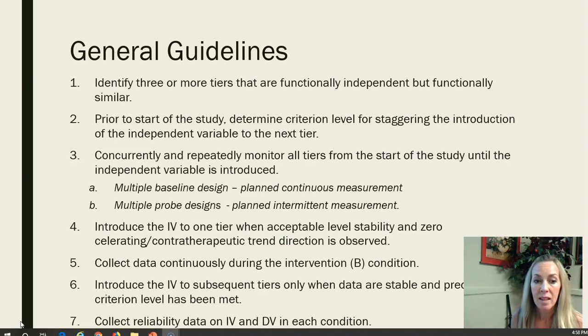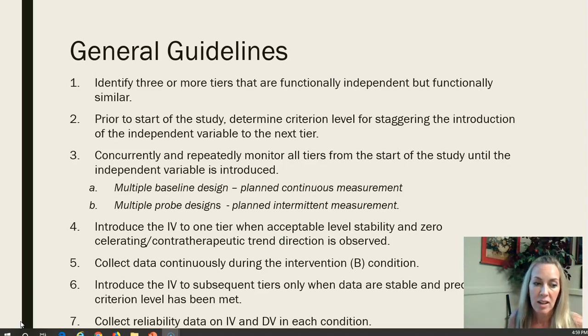Remember, in a multiple baseline design, we have planned continuous data collection during the baseline condition every session on all 3 tiers. In a multiple probe design, we'll collect baseline data for all participants' behaviors or settings, and then we intervene on the first, and then collect baseline data on all 3 again, intervene on the second tier, and then we collect baseline again to show that baseline levels have not changed until intervention is in place. Then we introduce our independent variable, each tier 1 tier at a time,